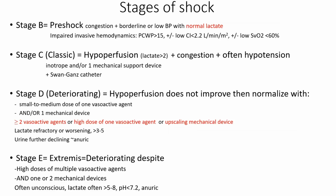Swan is not necessary at this stage and is not proven useful in this stage, but we believe it is useful in stage C and beyond. So what is a stage D? Stage D is stage C, but hypoperfusion does not improve then normalize with small to medium dose of one vasoactive